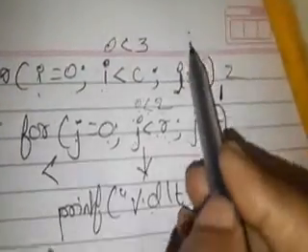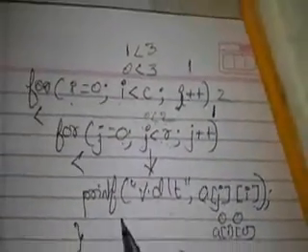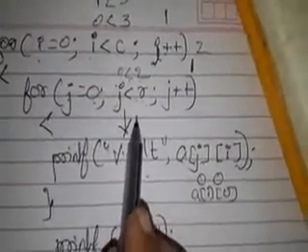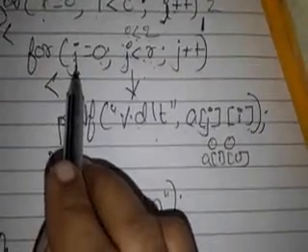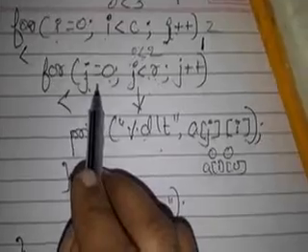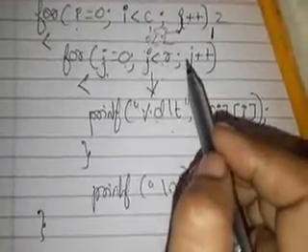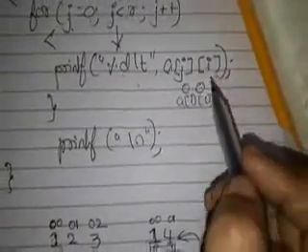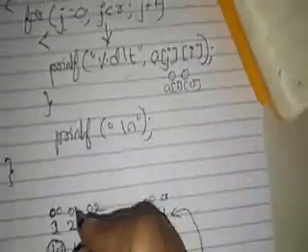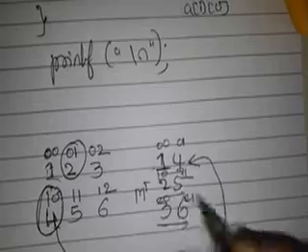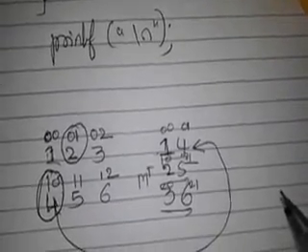i will become 1. 1 less than 3, true or false? Yes, it is true. As it is true, it will come inside. Again, for every new value of the outer for loop, all the values of j execute. What are all the values? That is nothing but 0 and 1. So what is the next element to be fetched now? That is j is 0 and i is 1. See, a of j i. What is a of 0 1? That is 2. Yes, 2 is fetched. Next, j plus plus, it will become 1. A of 1 1. What is a of 1 1? That is 5. Yes, 5 is fetched.